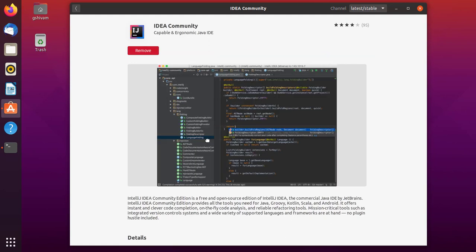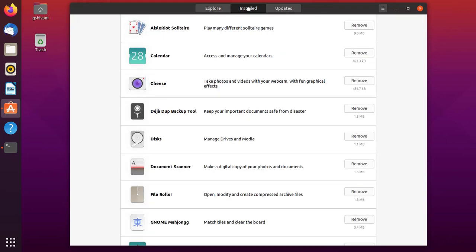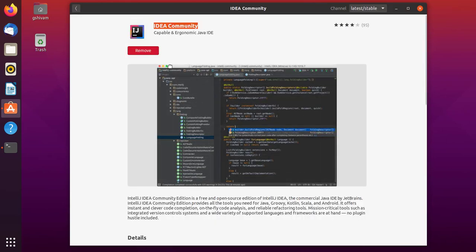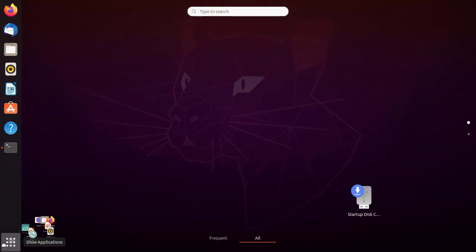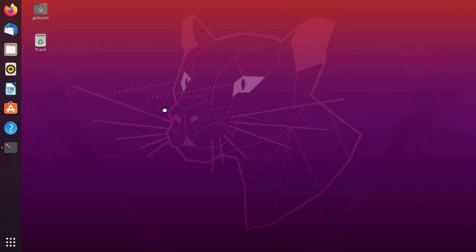So the IDE is installed now. I am going to check whether it is installed properly or not in the installed section. There is nothing to open here, so I am going to open it from our software application menu. I am clicking on it and only checking whether it is installed properly or not.